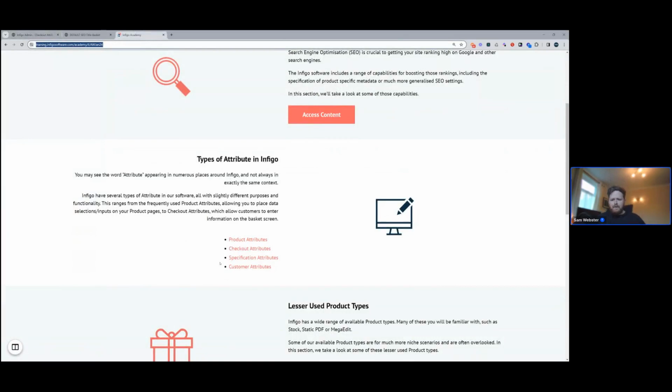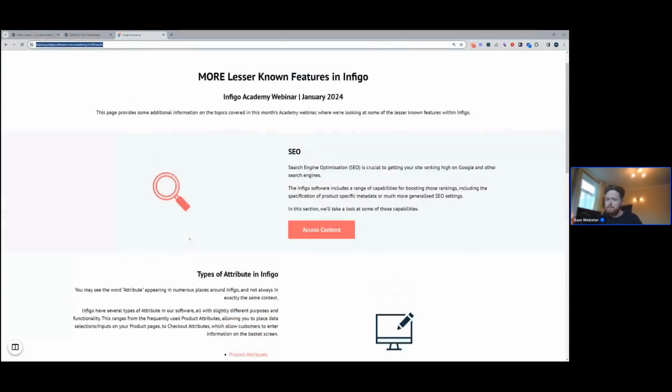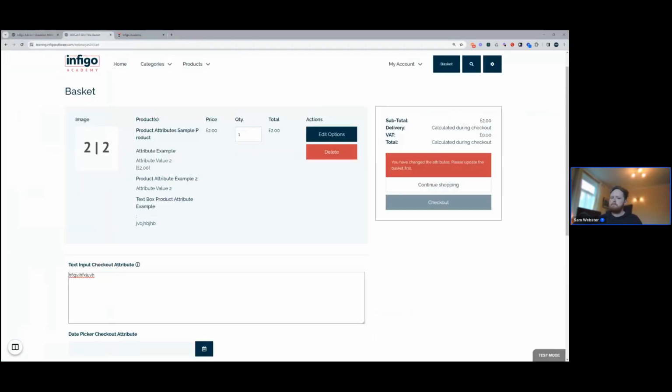Okay, next we have specification attributes. So these are a lot simpler. These are static pieces of information that you can assign to your products. And it's there just for information, both for your customer, if you want to provide it to them, or to your own team themselves. So it could be the material, if it's a static, non-changing material. It could be size specifications, whatever you need it to be. How those actually appear,